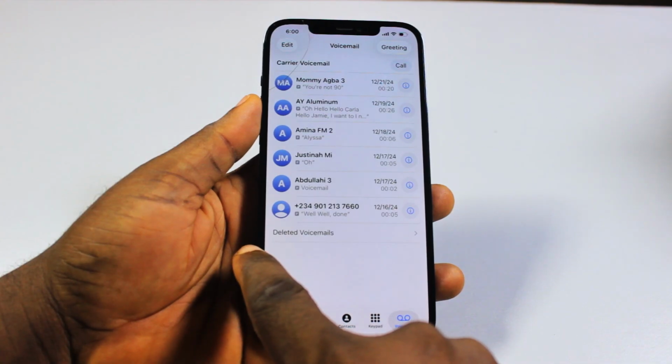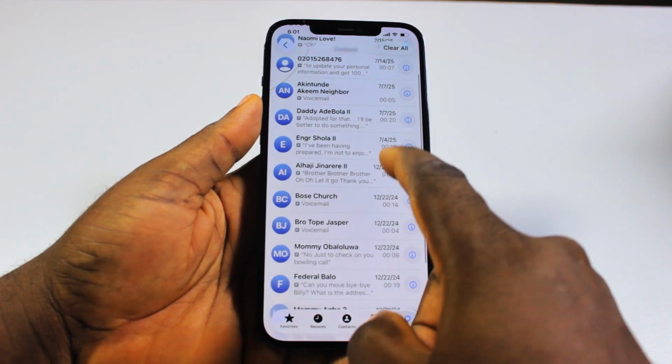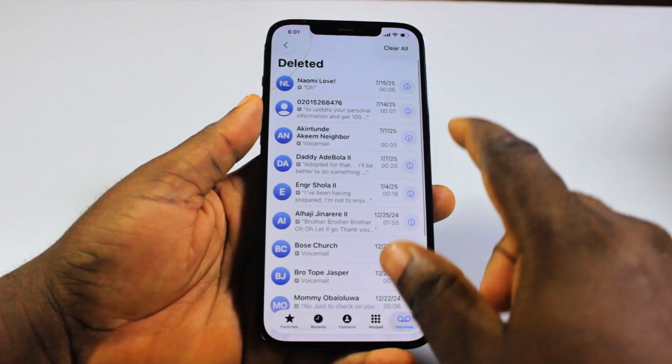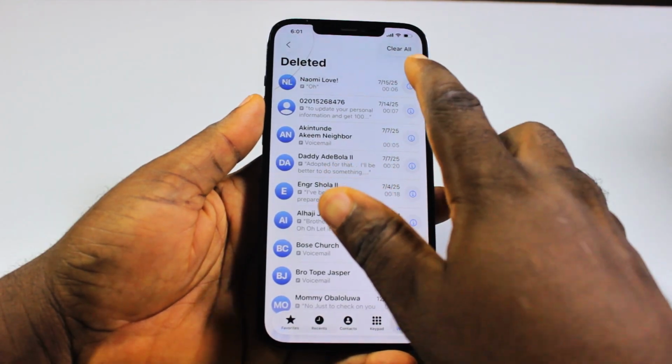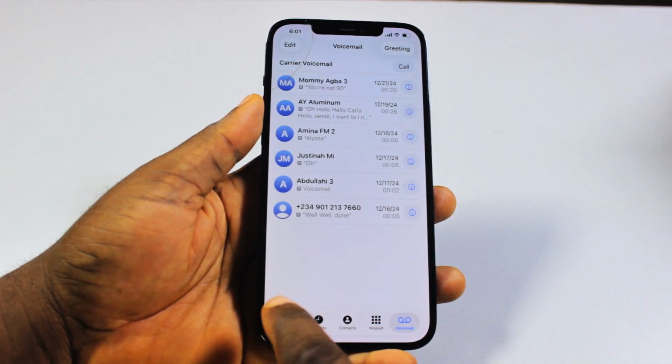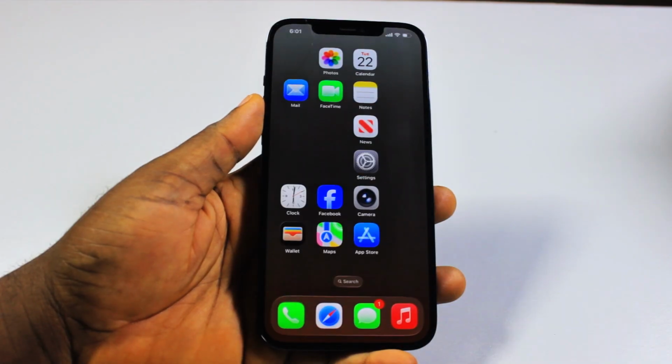Then if you click on deleted voicemail, then you see all your deleted voicemails. You can now go ahead and click on the clear button at the top right to clear your deleted voicemail, and then you are good. So that's exactly how to delete